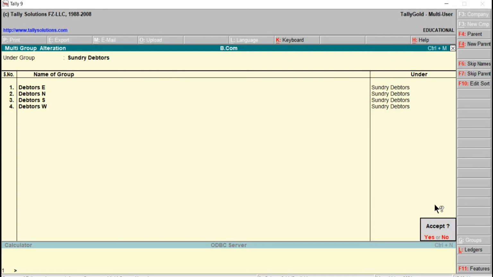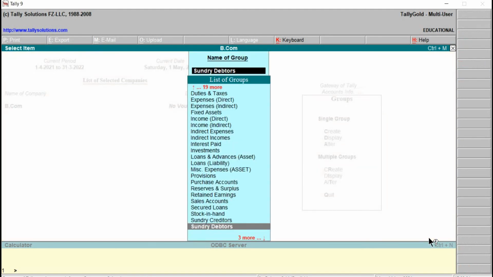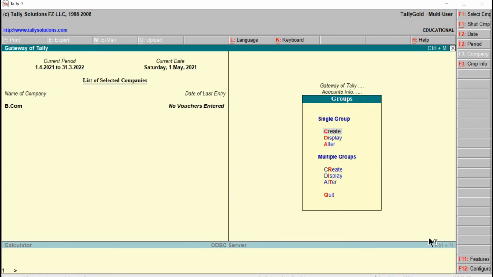And here we can see at the bottom right hand side accept question mark. Then to have the changes, press Y from the keyboard or just click on Yes, right? To come back to the groups menu, escape. Once again escape, we will be back here. We have seen both the modes, that is single and multiple.